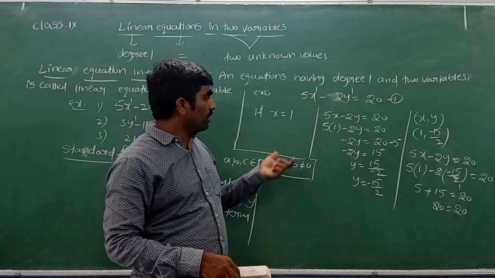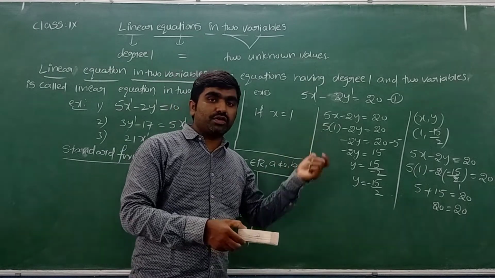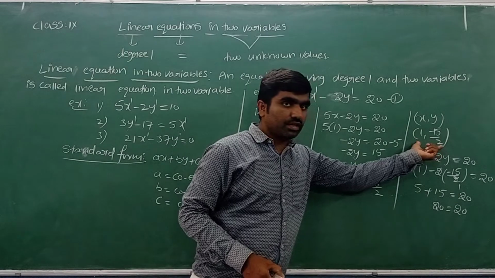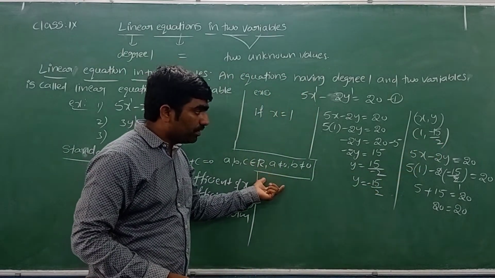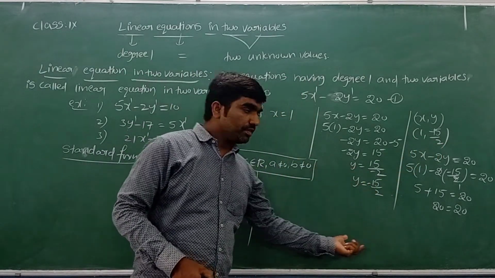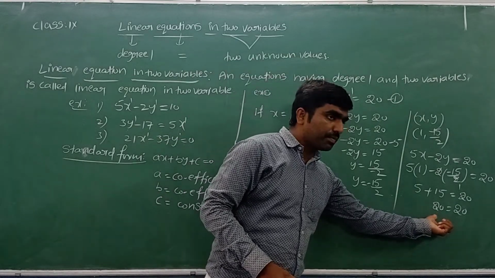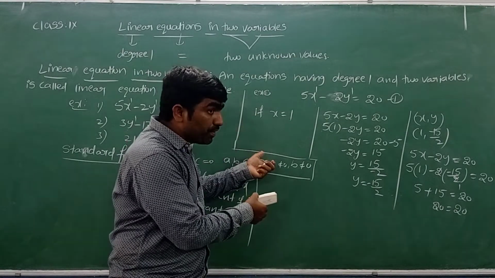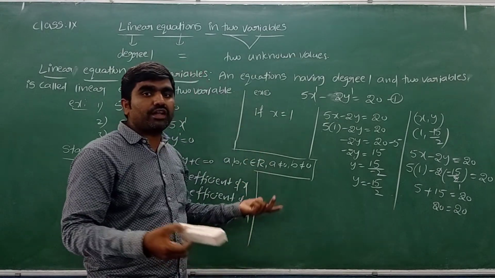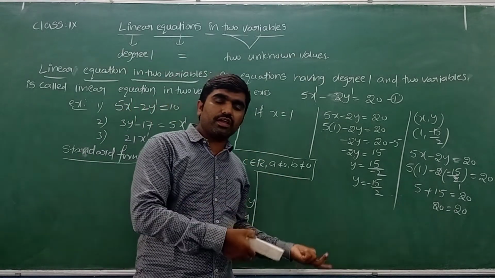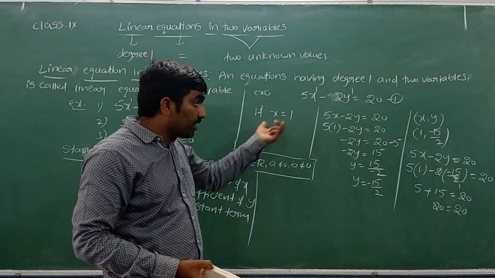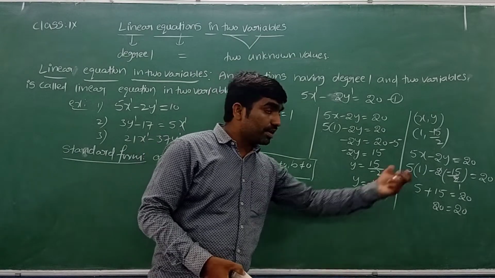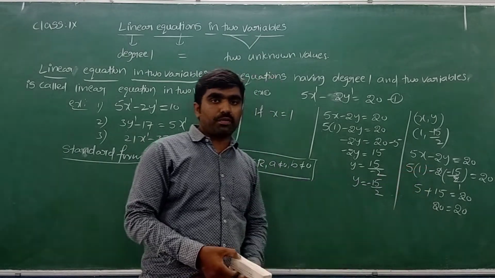Now tell me, is there any other solution, or only one solution? By taking x equal to 1, I got this solution. If I take x equal to 2, we get one more y value. Again we can write x comma y as an ordered pair, and it becomes a solution. Like that, how many possibilities are there for x? We can take infinite numbers, any real number. So by taking infinite x values, we get infinite y values, so we see an infinite number of ordered pairs.